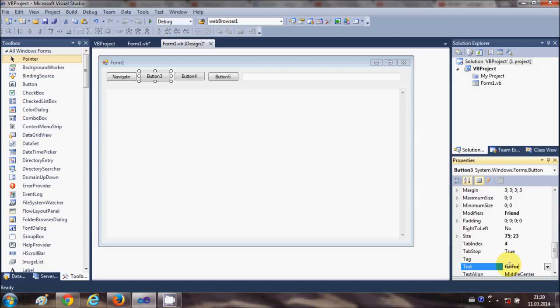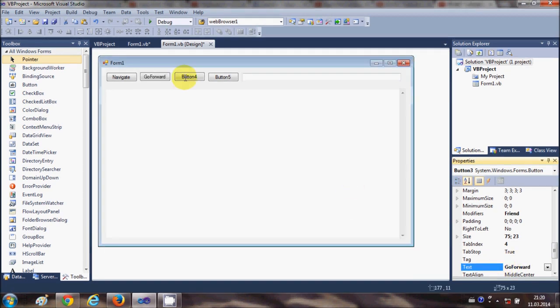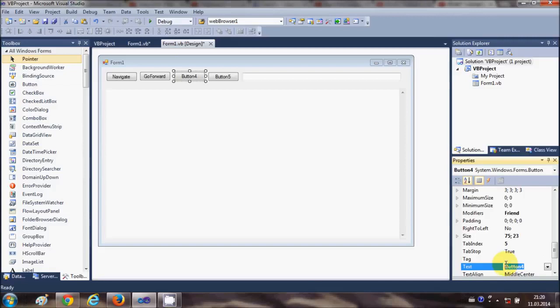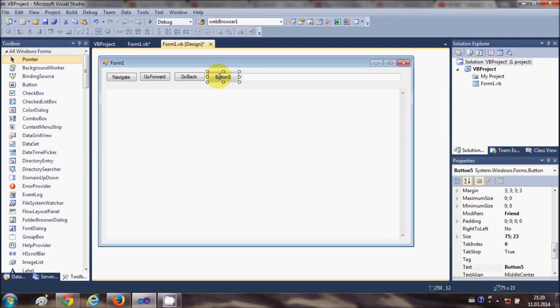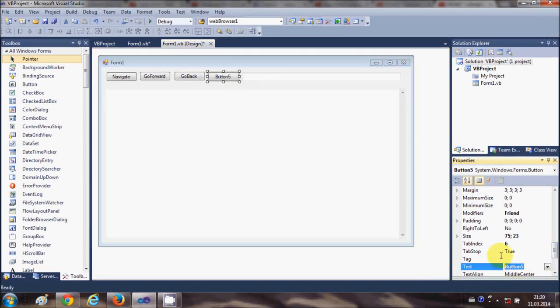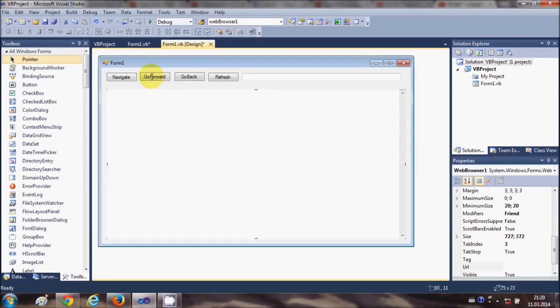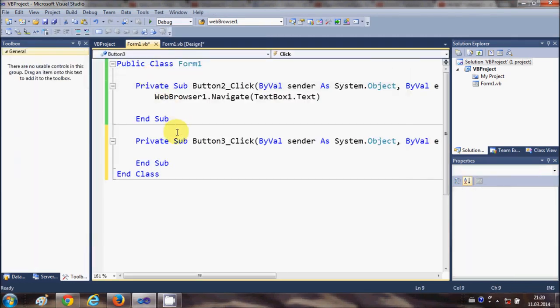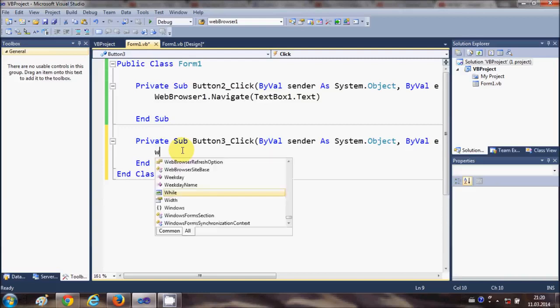This button I will change the text as go forward, and the other button I will change the text as go back, and this button I will change the text as refresh. Okay, now I will just select my go forward button, and in here I will write WebBrowser1